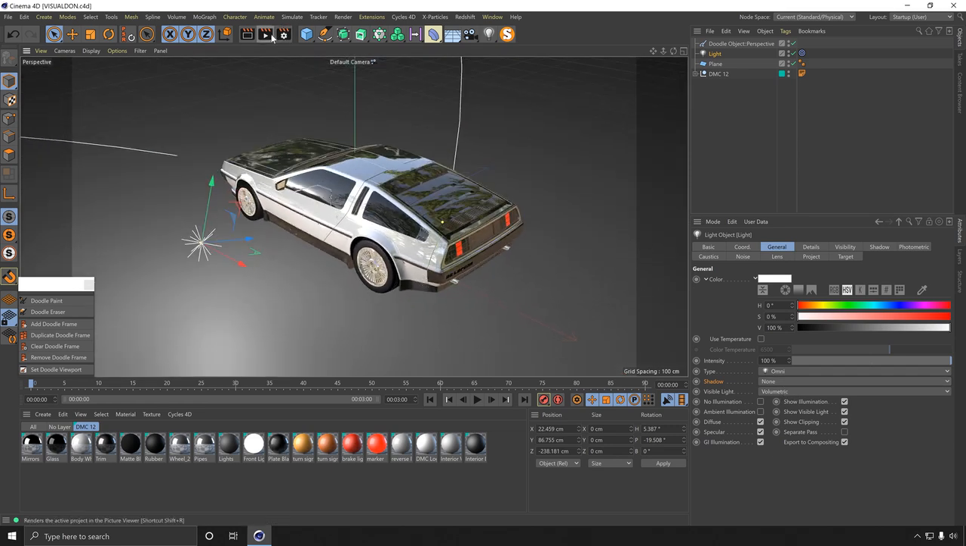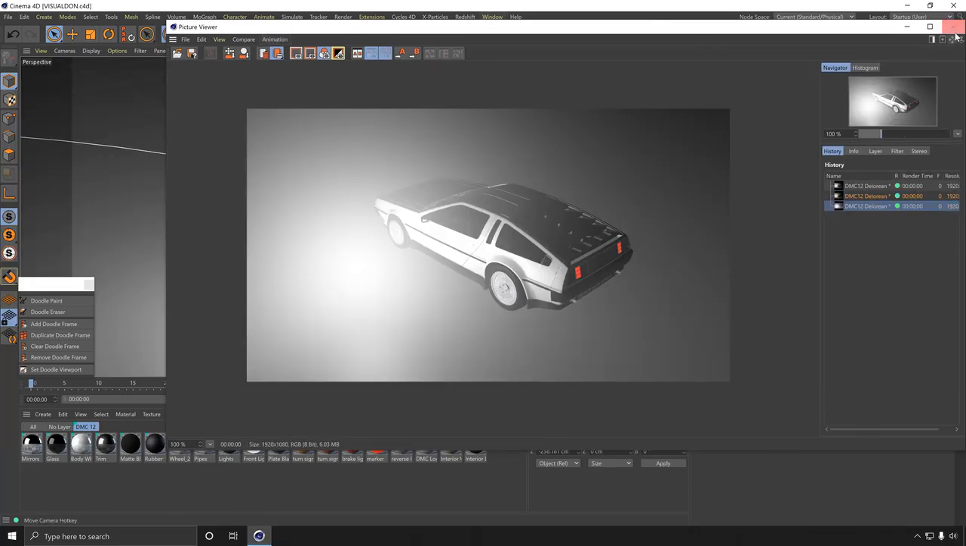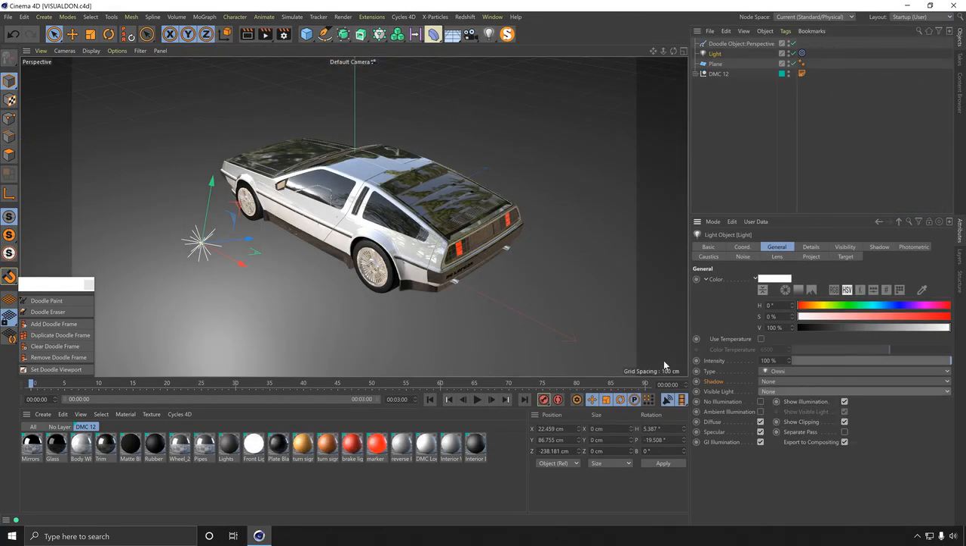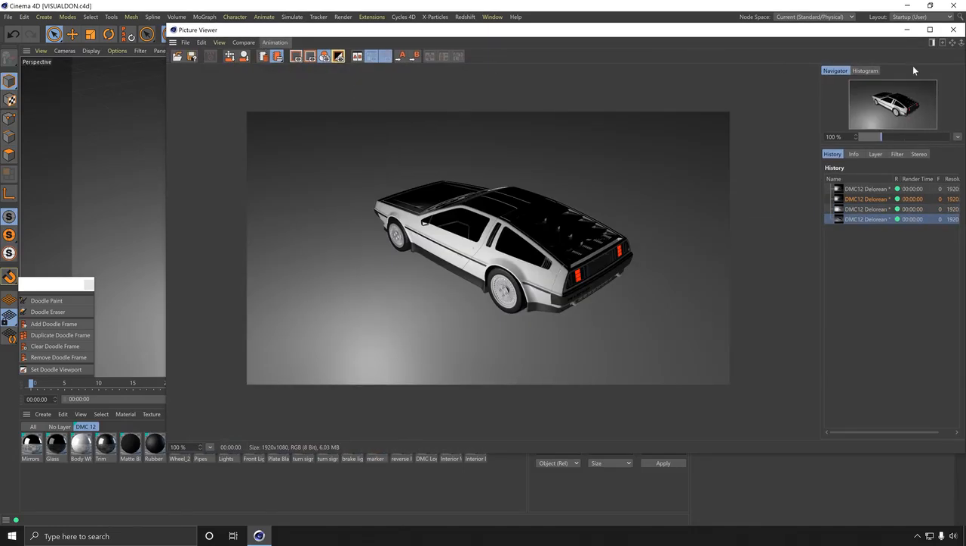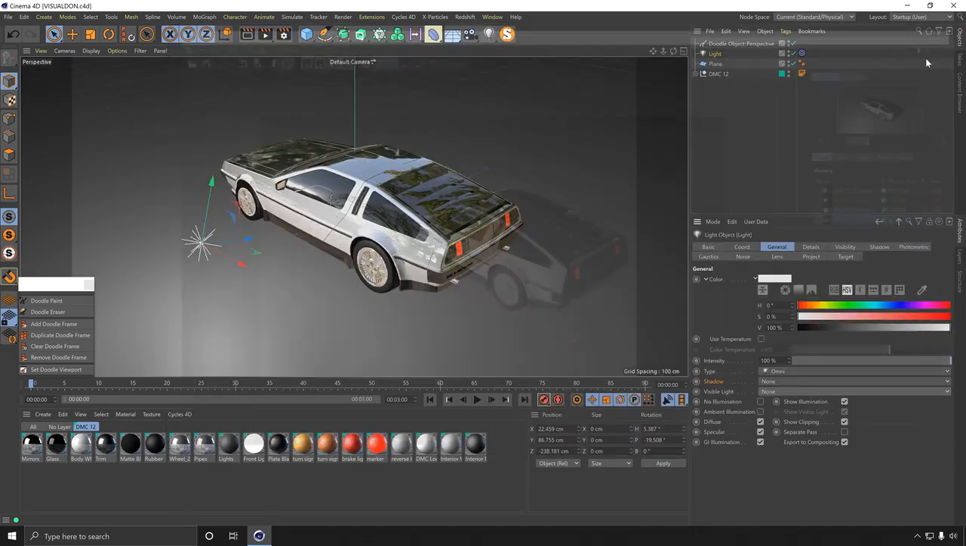And let's just do a render. I also want to disable the volumetric for this. So that's what it looks like normally. And then when we enable ambient illumination,